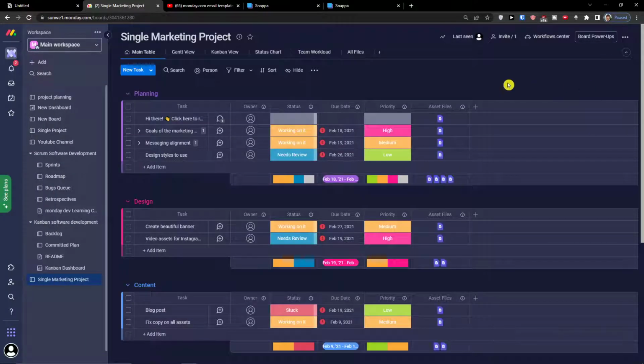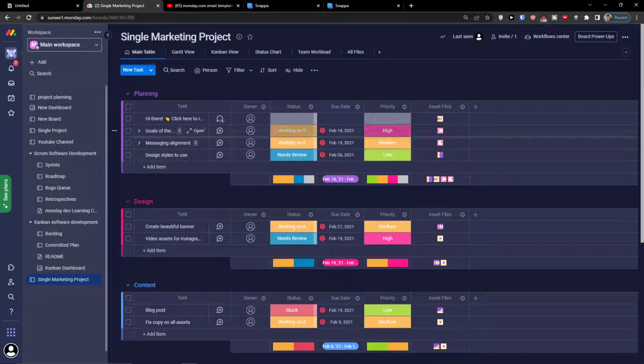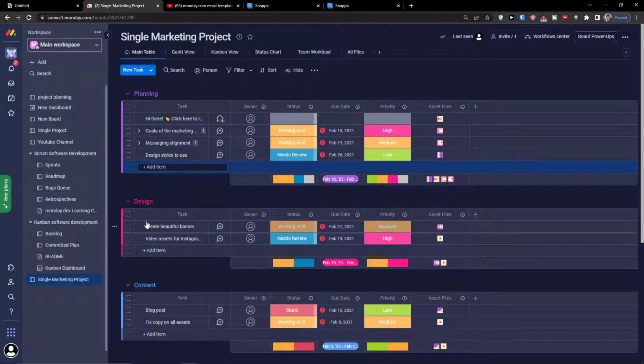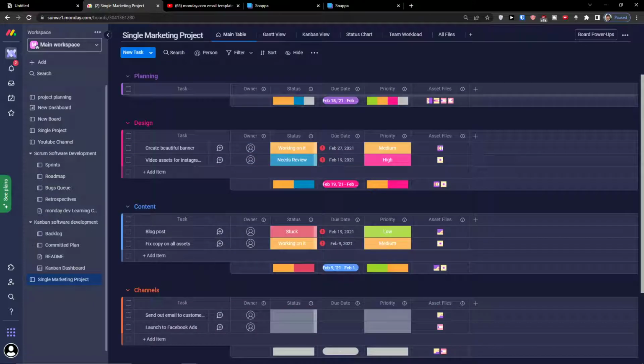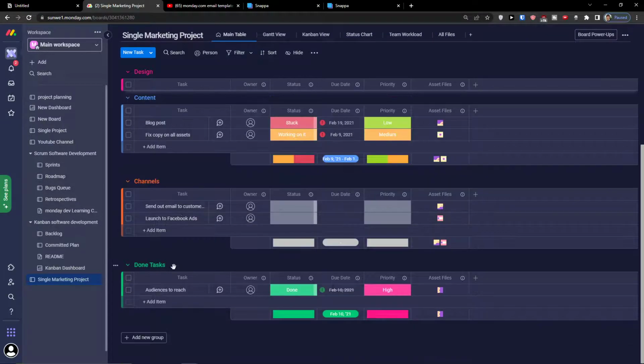So here it is, the simple marketing project. What can we actually find here? We can see the planning, design, content, channels, done tasks. These are the groups. This is already separated. So what can we find in the columns? When we have the planning here, we can see the owner, the status, the due date, the priority, and asset files. Then we can have the same for design, for the content, for the channels, like where it's going to go out, and done